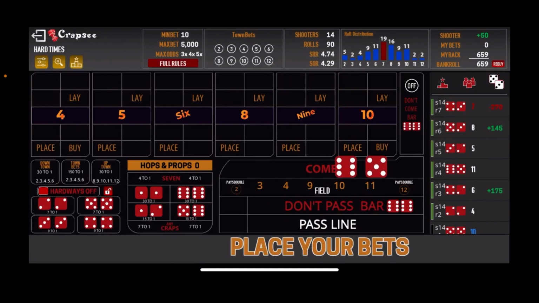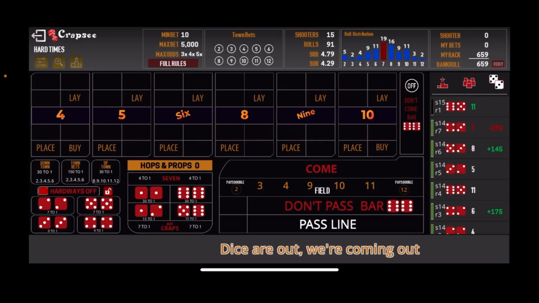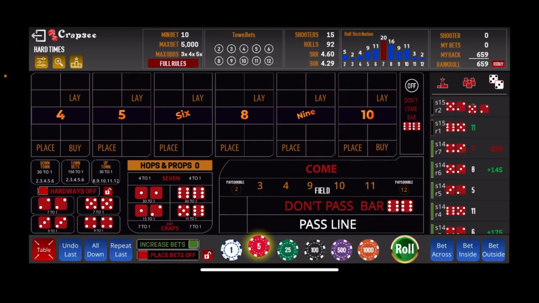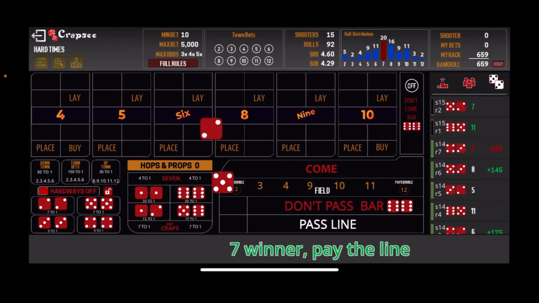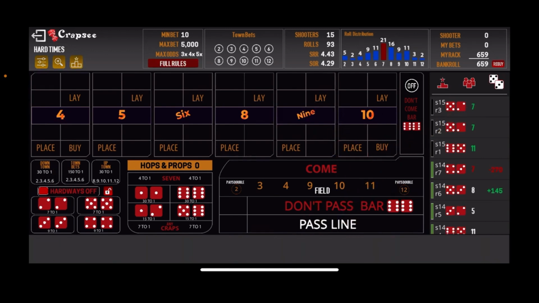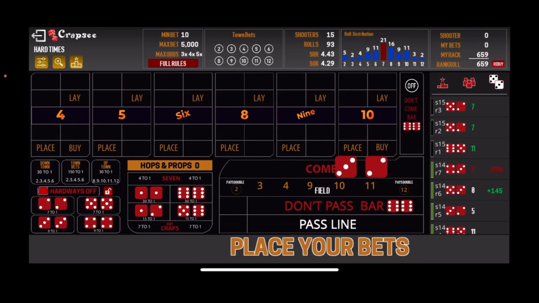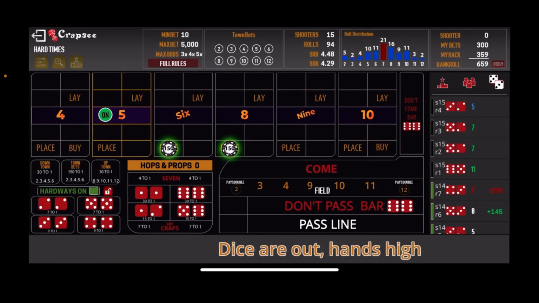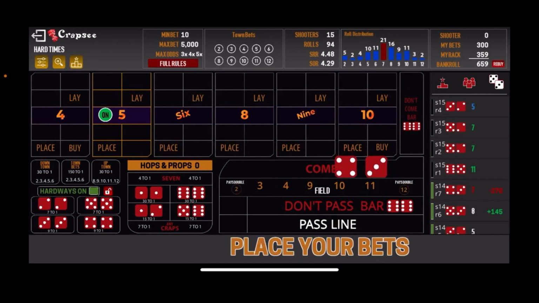And just looking for a decent shooter here. We just need one, and we can make up some ground. So yo 11 on the come out, that's the front line winner. There's another front line winner with the 7. Next roll, and another 7, and finally we get a point established, 325. So once again, it's 150 on the 6 and the 8. And we are rolling. 7 out immediately, so we're down to